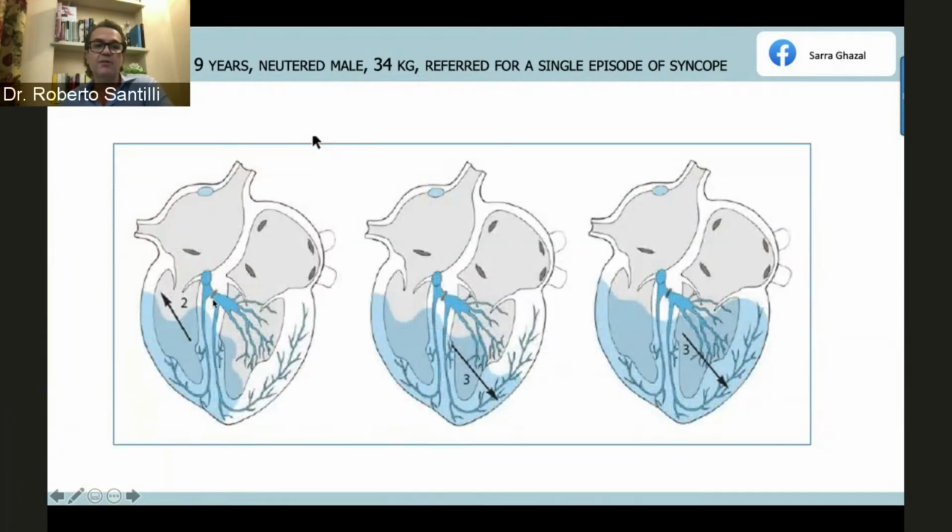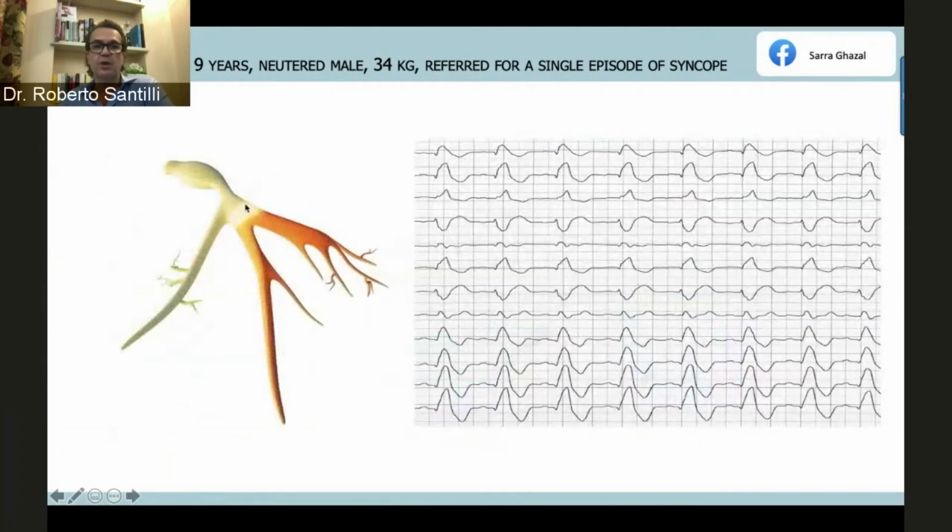So when you have a postdivisional block, just a truncular block like this, there is the loss of the first vector. The first vector, the septal vector that is moving inferior to superior, left to right, and posterior to anterior, is lost. So you can rarely see the second vector, the right ventricular vector. Usually it is a tiny vector that can induce a Q wave in inferior leads, but usually a very, very tiny Q wave. And then you have a delayed third vector with a normal axis, and that's what you usually see. So the block is here.